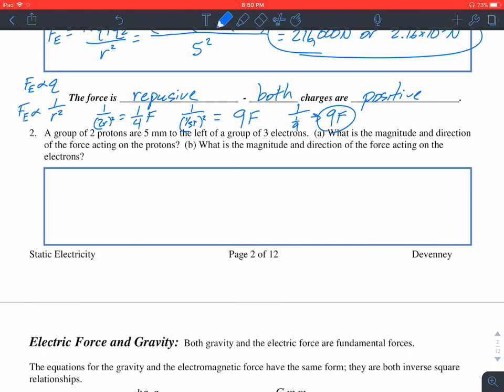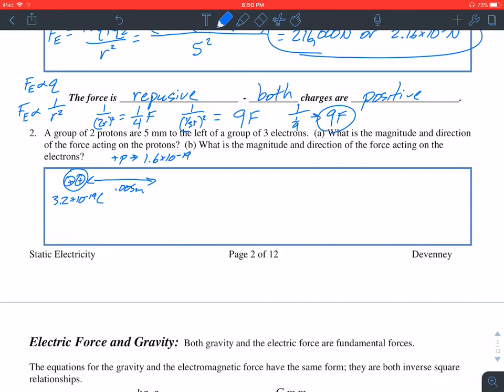Last example for this video, a group of 2 protons, right? So we have a point charge that we're thinking of as 2 protons. And we know that 1 proton is 1.6 times 10 to the negative 19th, which means these 2 protons are 3.2 times 10 to the negative 19th coulombs. Now it says that the 2 protons are 5 millimeters to the left of a group of 3 electrons. So my distance between them is